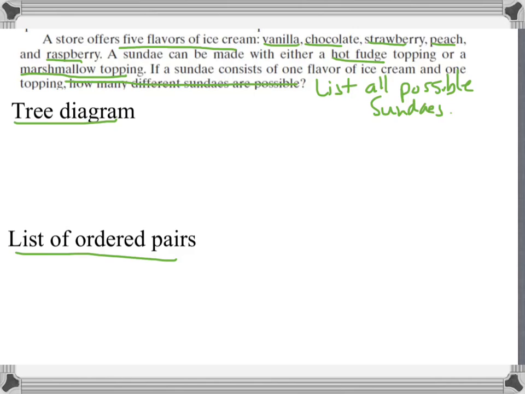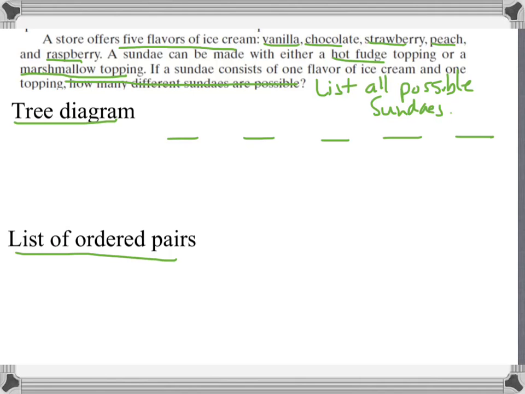So let's talk about the tree diagram first. The tree diagram is a diagram where the first branch that you do, we're going to have 5 branches to begin with. The first branch on top consists of the flavors, so it's the first choice that you have to make. If you were at this ice cream parlor, they'd say, well, what flavor do you want? And you'd have to say the flavor first. So with our tree diagram, we're going to start with that. So let's represent the flavors: vanilla, chocolate, strawberry, peach, and raspberry